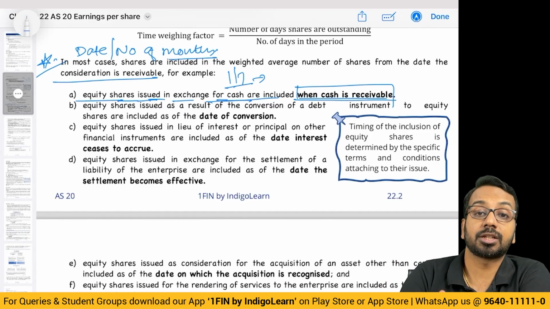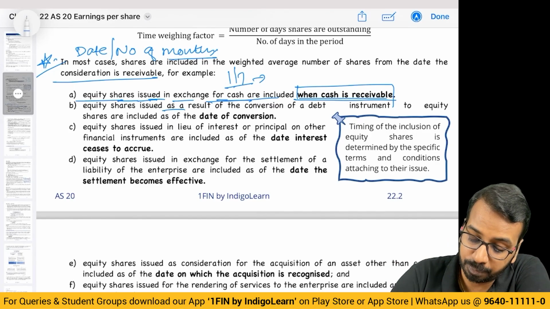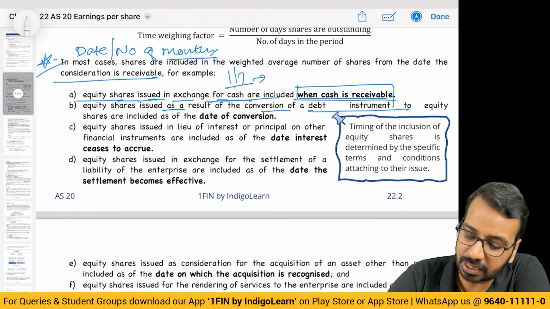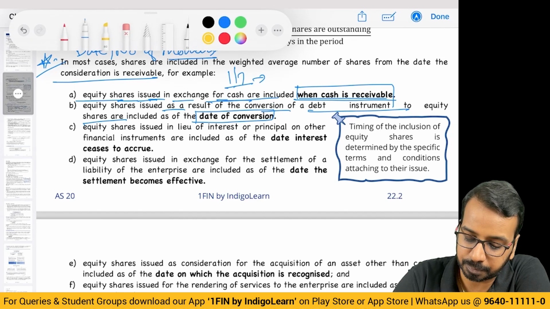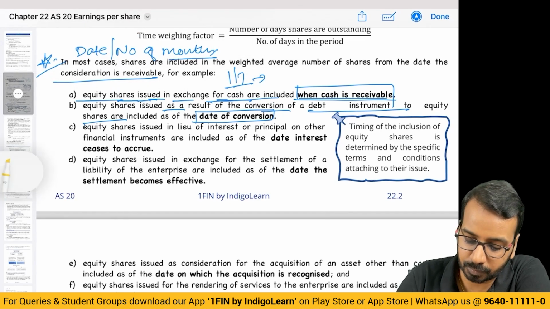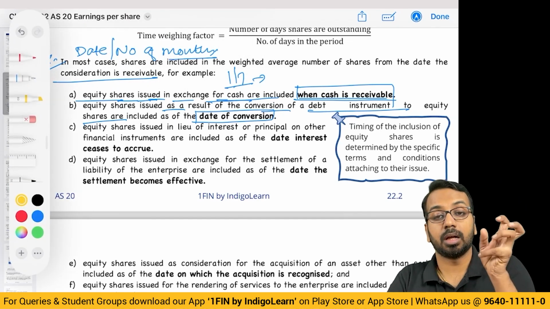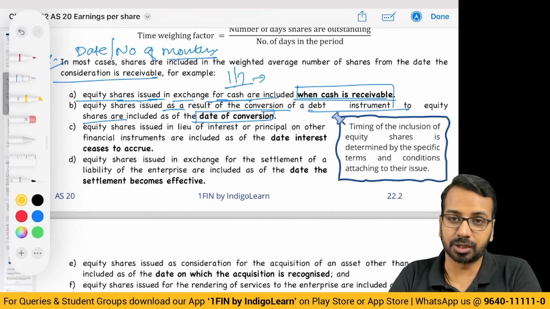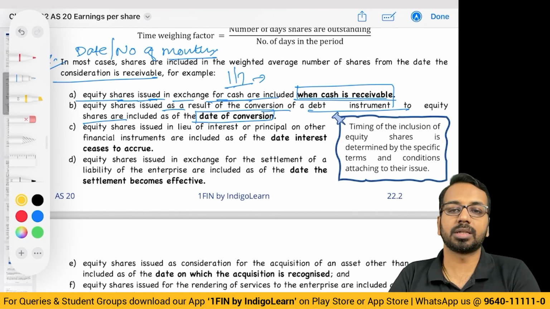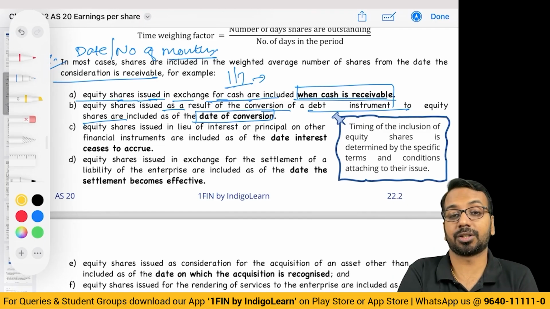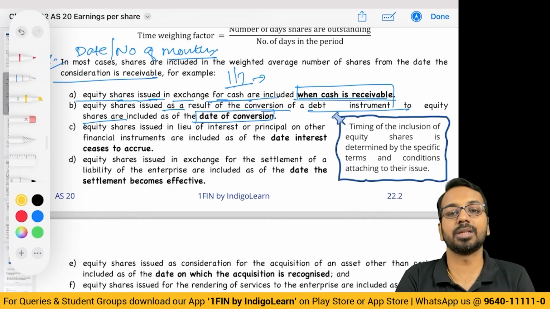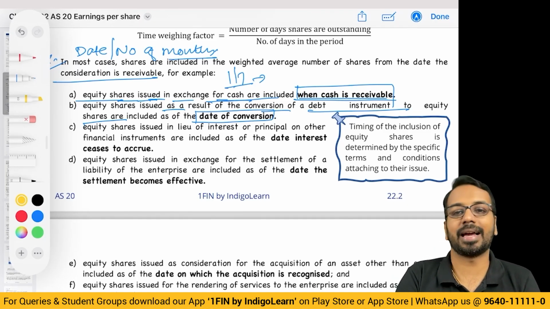If equity shares are issued as a result of conversion of debt instrument to equity shares, then date of conversion is relevant. Now what does this mean? This basically means that if I have convertible debentures, one fine day the holders of convertible debentures converted them into equity shares. So from the date of conversion, I will consider number of months for calculation of weighted average number of equity